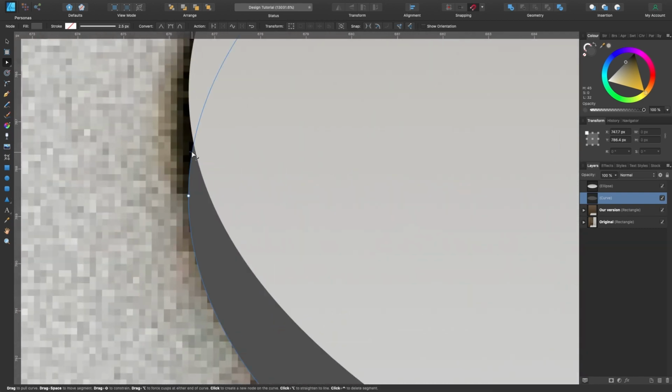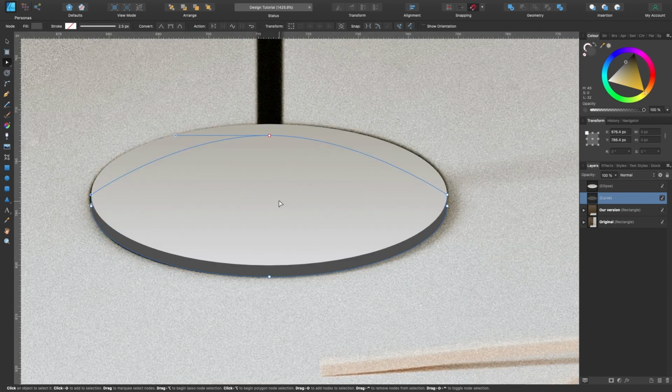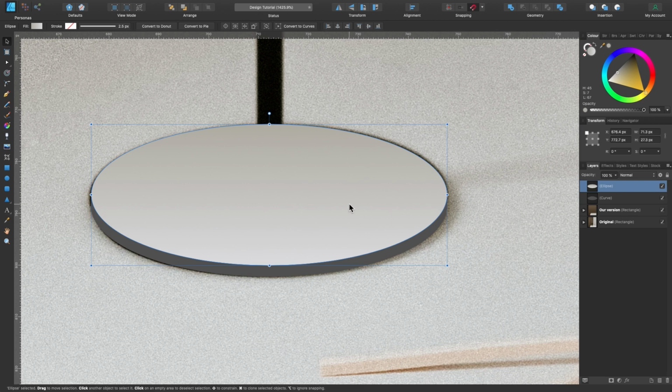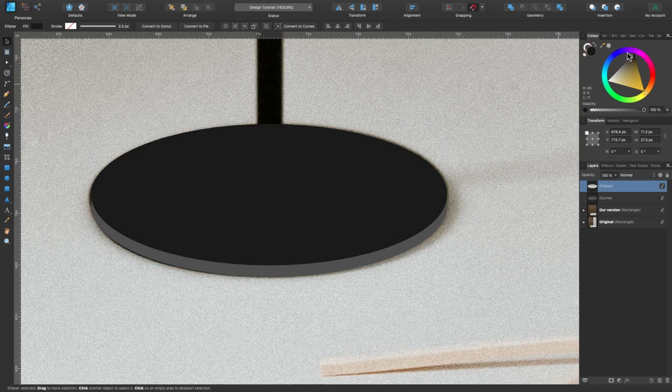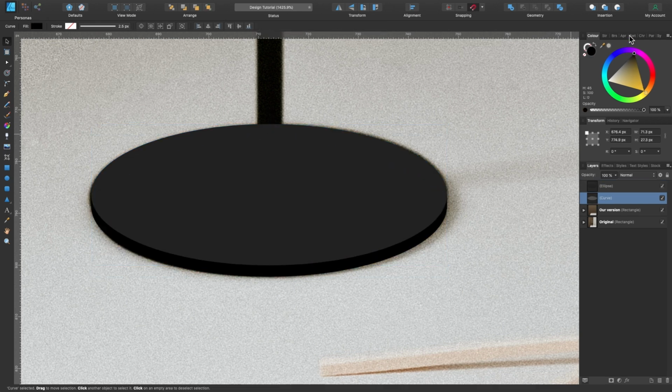So going in, I'll just click anywhere there, press Alt, click, it's a sharp node, drag up till you see that red line. There we go. And that is our base pretty much done, but let's just change the colors slightly. So I'm going to press V, the move tool, select the top layer. I'm going to choose some kind of black. So it's black there, and I'll just put a bit more gray into it just in case it has got reflection in our one. And now I'm going to grab the base. I'm going to make that completely black.